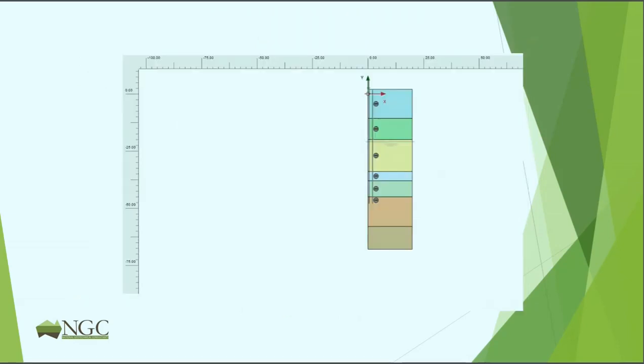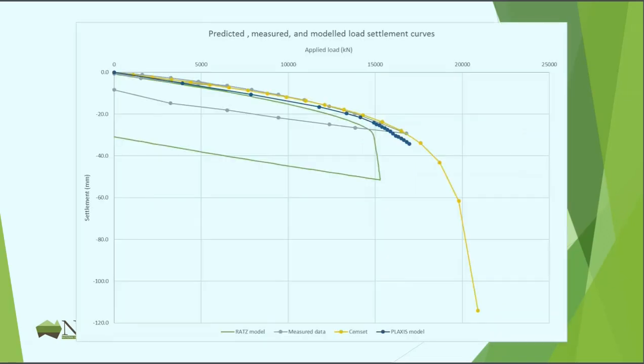I then, just last year, decided to be clever and do some finite element modeling using a geotechnical program called Plaxis. First of all, I started off with an axisymmetric model, trying to model the static load test. The green curve and the gray dots are what we had before. This is what's called a SEMSET analysis, which uses a hyperbolic relationship and gives a very good match. But the blue dots, that's my Plaxis model, which I felt was pretty good, gave me reasonable confidence that the soil layering I'd got in my model was